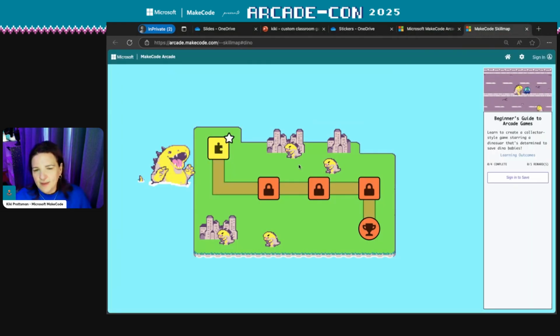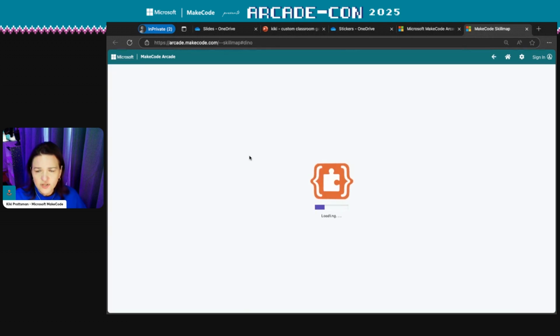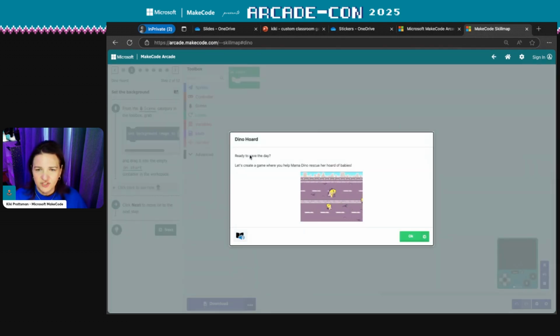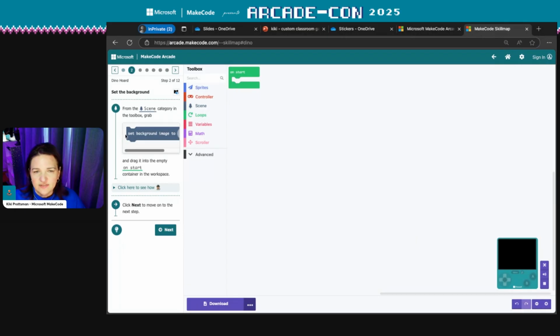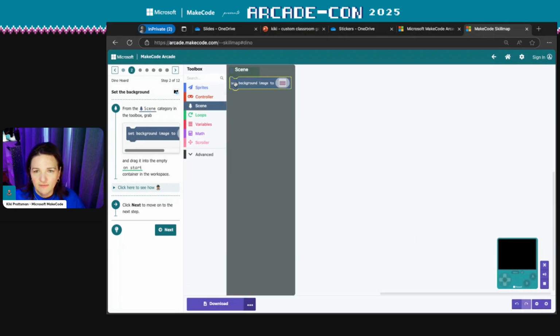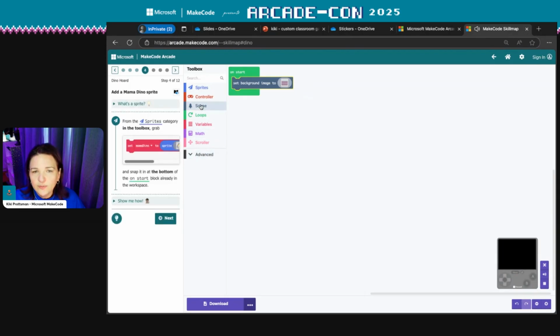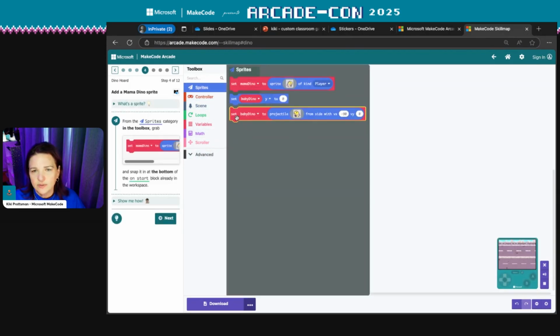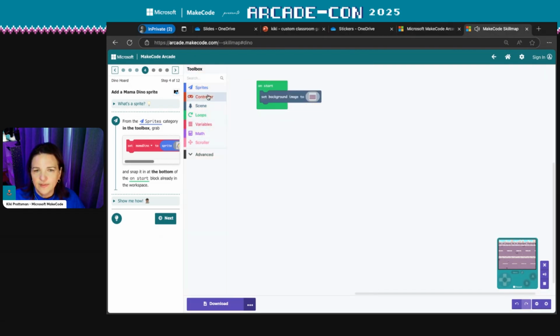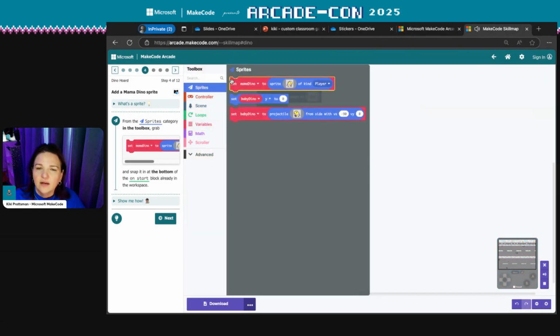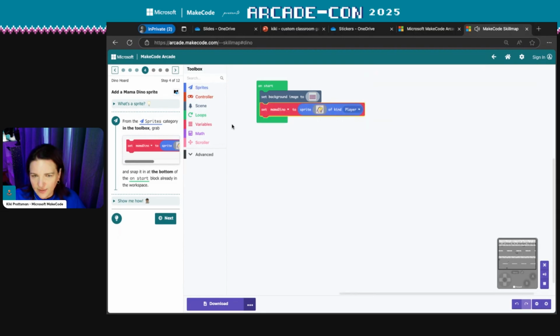So for this math game, I would just go through. I'm not going to have time, unfortunately, to build the whole thing in front of you, but I can kind of show you what I did in order to make it. So I followed the skill map, and this skill map walked me through everything from putting the background in to making the background move, adding the mama dinosaur. And this is one of our entry level skill maps. So, oh, baby dinosaur, we're not ready for you yet. This is one of our entry level skill maps.